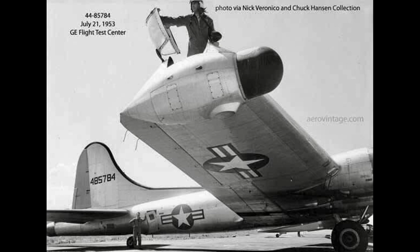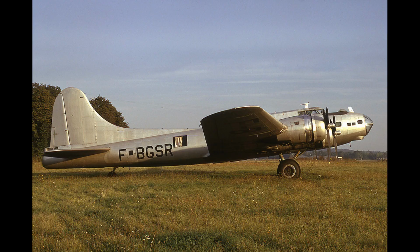for storage. At this point, it was sold to the National Geographic Institute in France and was flown over to Europe. It was assigned the registration F-BGSR, Foxtrot Bravo Golf Sierra Romeo, and was modified to be used for aerial survey and mapping uses. They operated in this role until the early 1970s, when it was deemed too expensive to